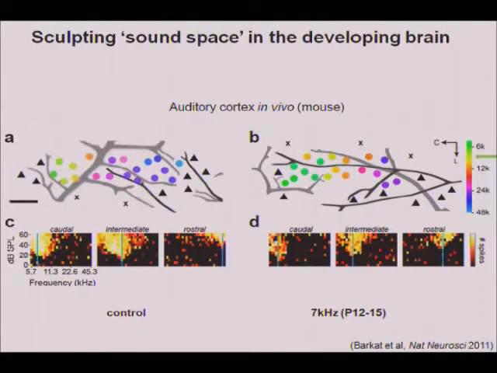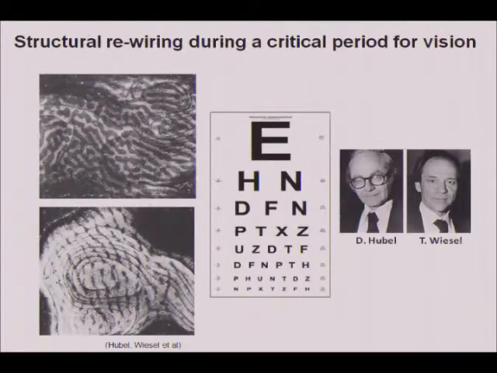I'll switch gears to another example. The classic example is the visual system, made famous by Hubel and Wiesel at Harvard Medical School 50 years ago now, where they started to explore where the inputs from the left and right eye first converge in the brain. And this, they found, was in the primary visual cortex of cats and monkeys.